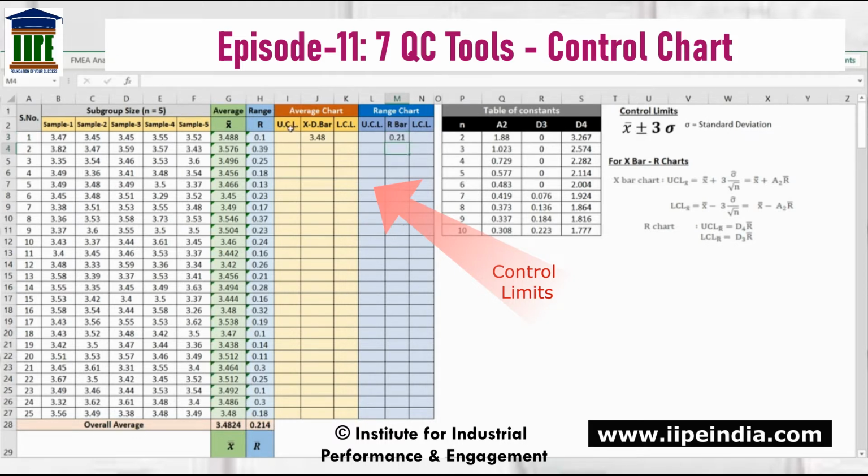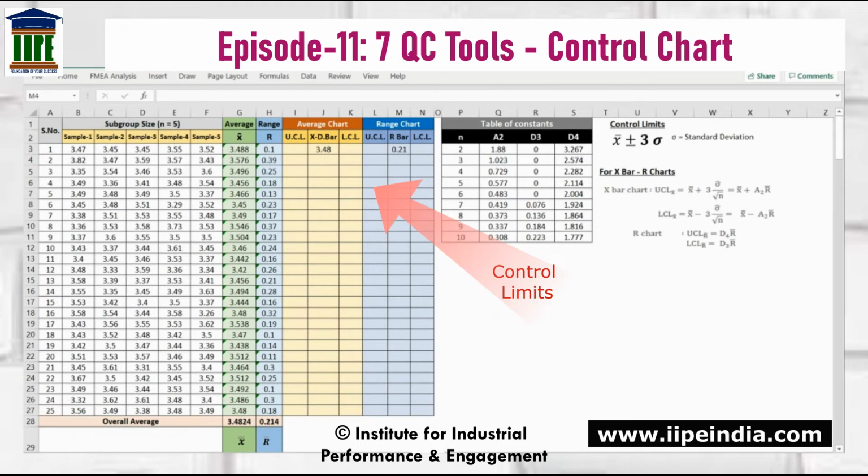Now let us create the control limits. For control limits, we should remember one thing. Walter Shewhart, the creator of control charts, mentioned that control limits should be 3 times the standard deviation from the center line, which means that the control limit shall always be calculated as mean plus or minus 3 sigma, where sigma is the standard deviation. But in order to reduce the probability of error in the process, which is actually detecting the assignable causes of the variation,